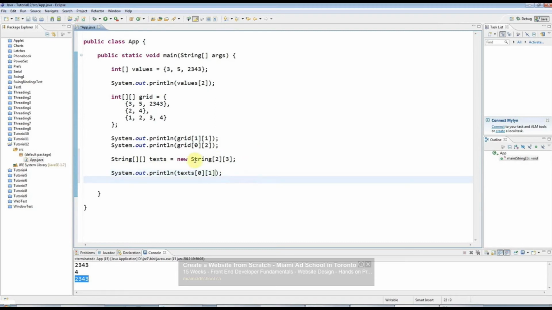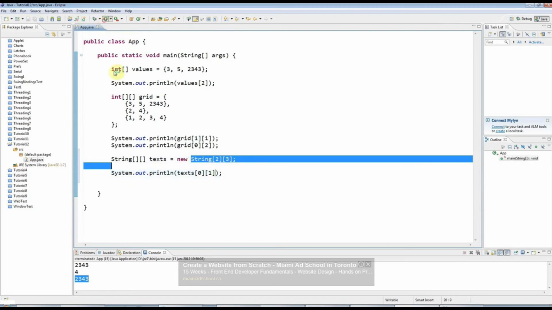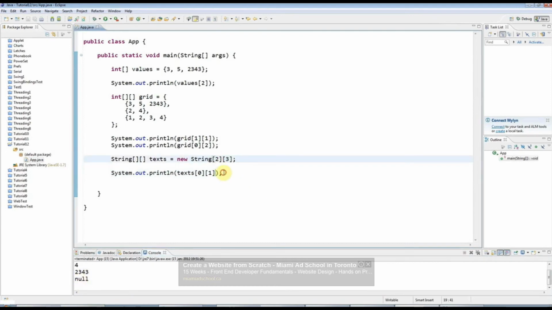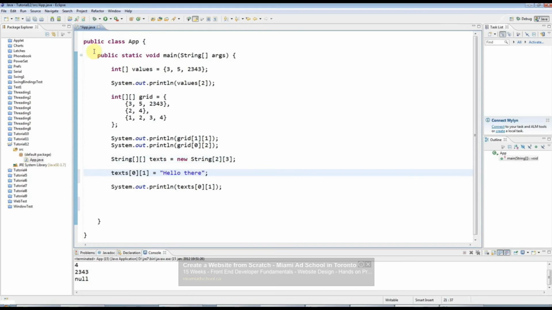And of course, because I haven't set any strings yet, that will be null. And I could of course assign values to these strings by saying text 0, 0 and 1